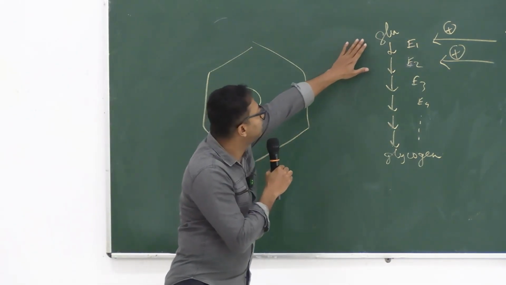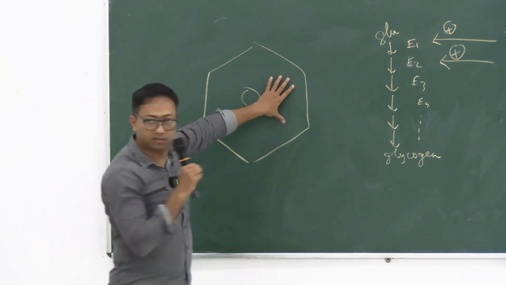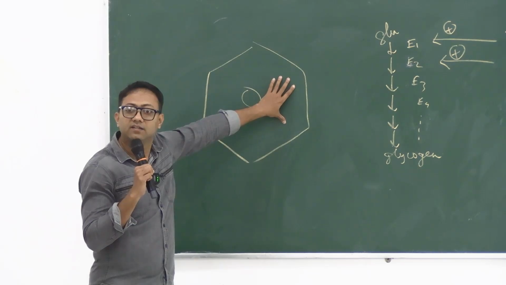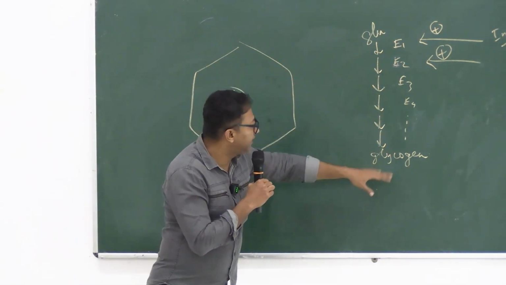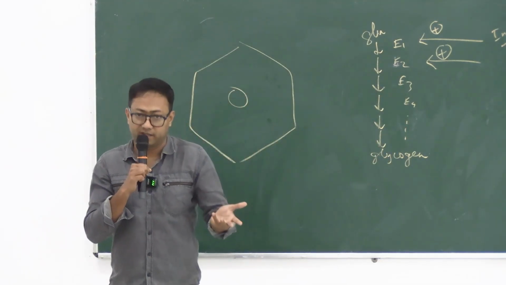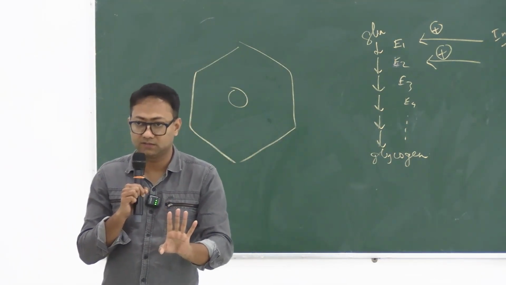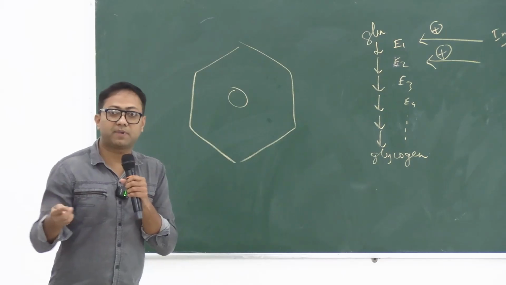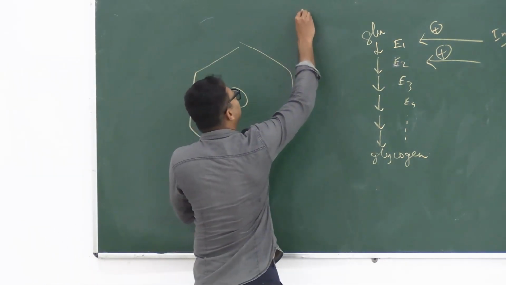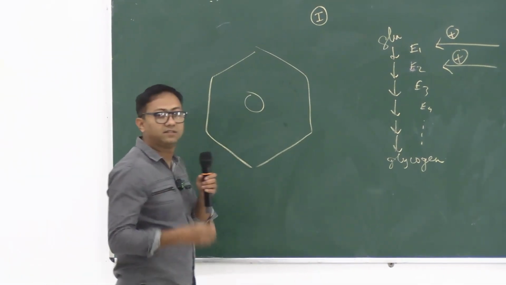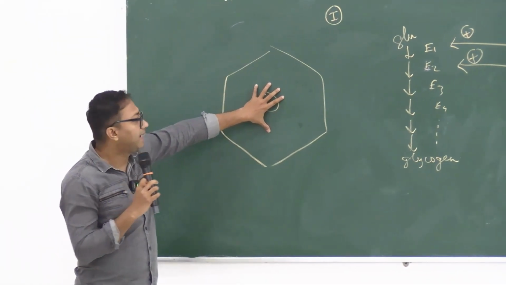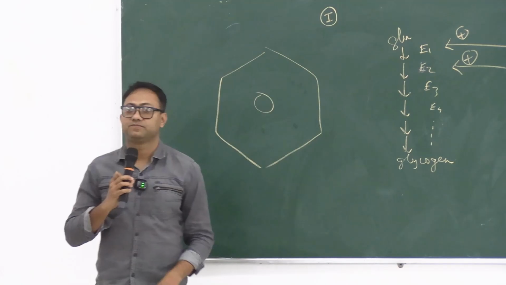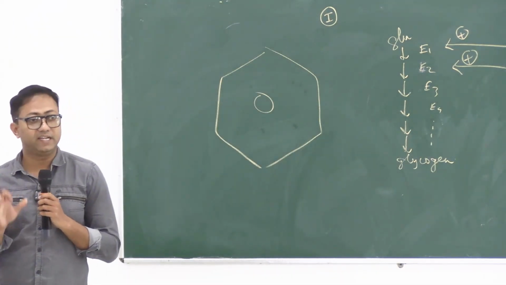नाउ ग्लूकोज इज कन्वर्टेड टू ग्लाइकोजन हियर इनसाइड द हेपेटोसाइट्स, ओके. नाउ ये जो प्रोसेस है इसको एनहांस करना है, कौन करेगा? इंसुलिन करेगा, राइट? नाउ इंसुलिन कहां पर है? ब्लड में है, सेल के बाहर है, यहां पर इंसुलिन है, ठीक है? तो हाउ इंसुलिन विल एक्ट ऑन दिस सेल एंड प्रोमोट दिस थिंग, ओके, ये हमें जानना है.